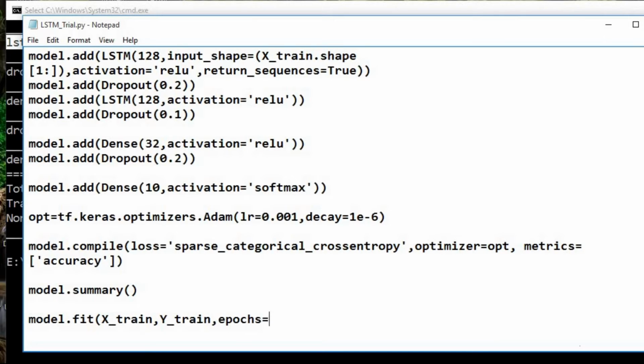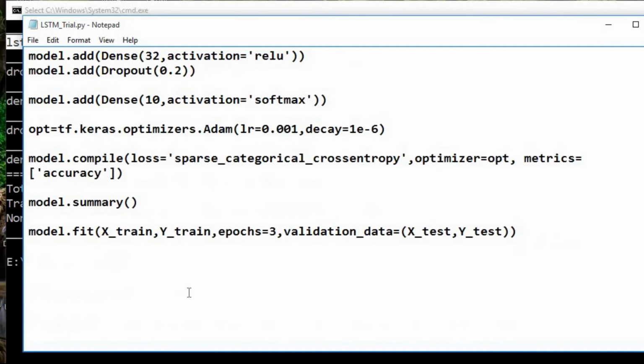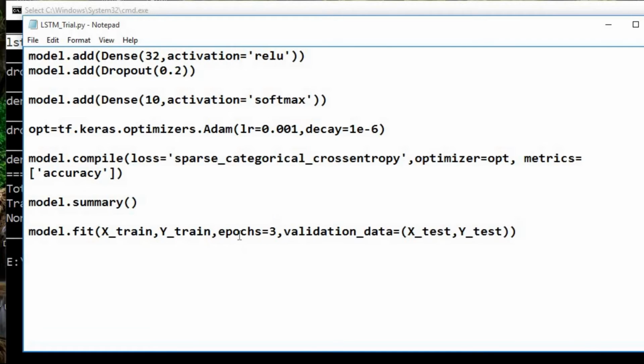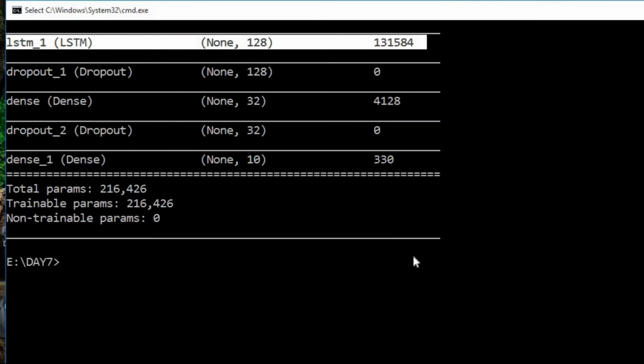Number of epochs we will set to 3, or even you can set it to 1. Then validation data x_test, y_test. So this can be an alternative to our previous methods. Earlier we went for training first and then testing, from which we obtained the score. Or otherwise you can use such a command, so once the training is done, immediately it will go for validation using test data. Let's set epochs to 1 because we are going to handle 60,000 images.